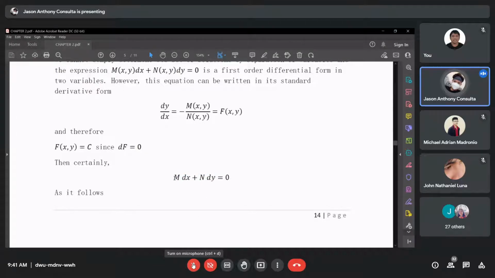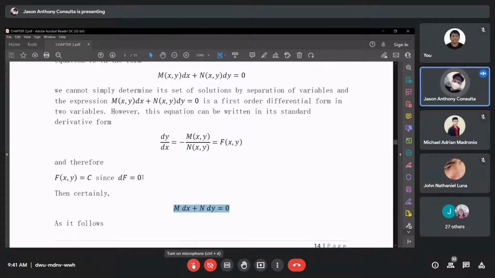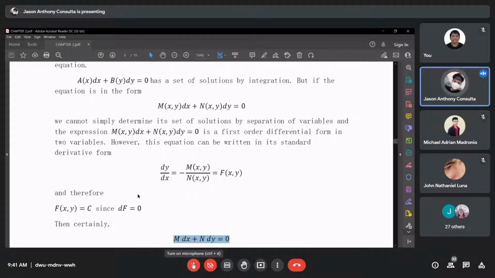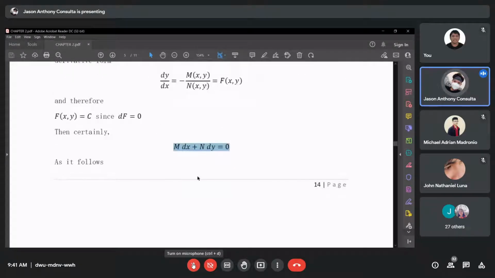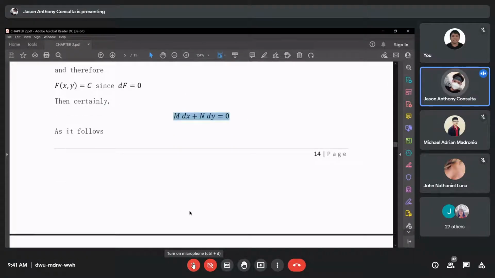Ito yung first na tandaan. Okay, so ito yung mga nauna, I am just explaining it to you kasi yung derivation and the explanation ng formulang gagamitin natin. Ito yung unang tatandaan. Medyo mahaba yung steps kasi nitong medyo maraming steps. So as it follows,